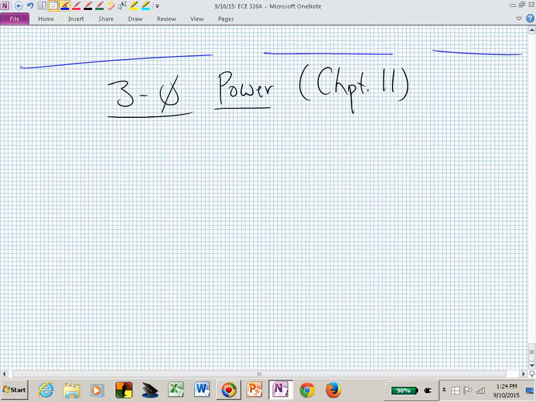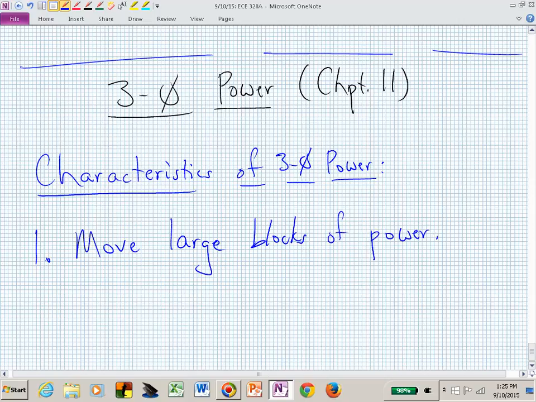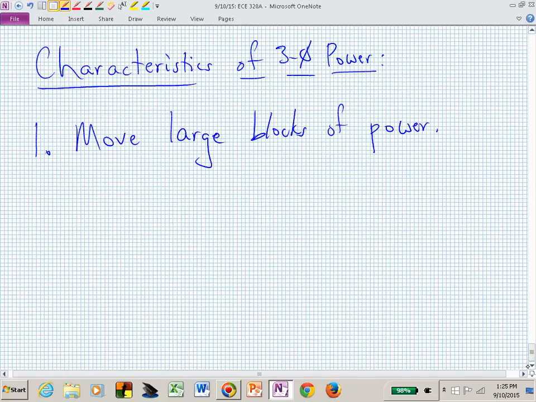To begin, let me just write some things down, which I'm labeling as characteristics of three-phase power. One is that with three-phase power, we can move large blocks of power, or large quantities. And typically we do that